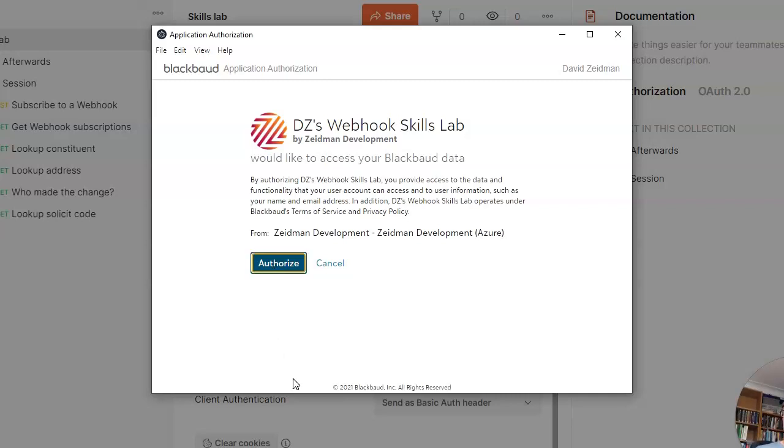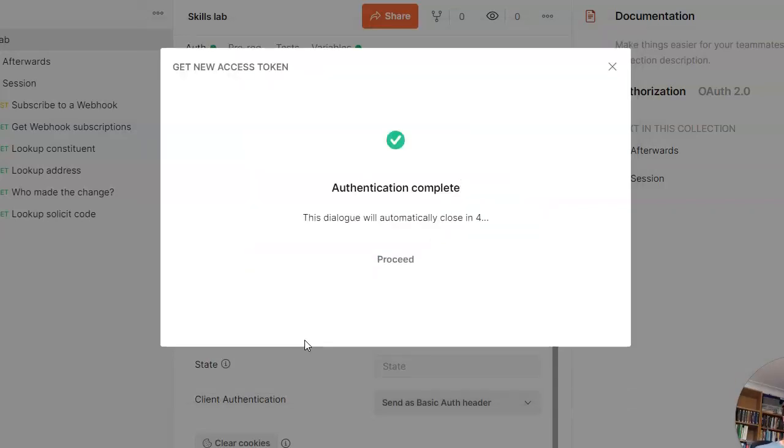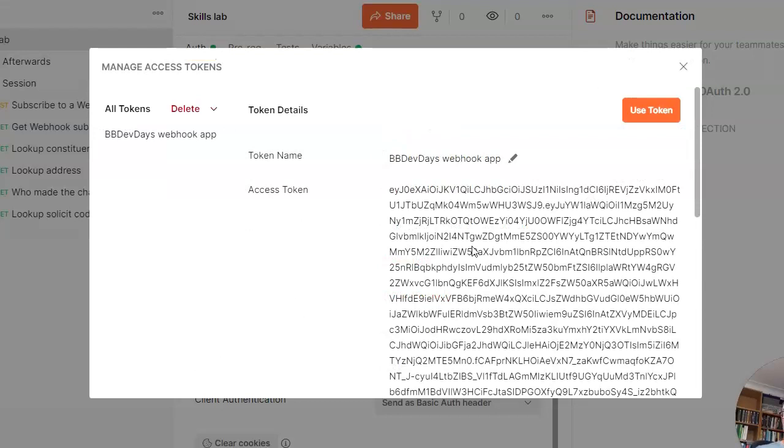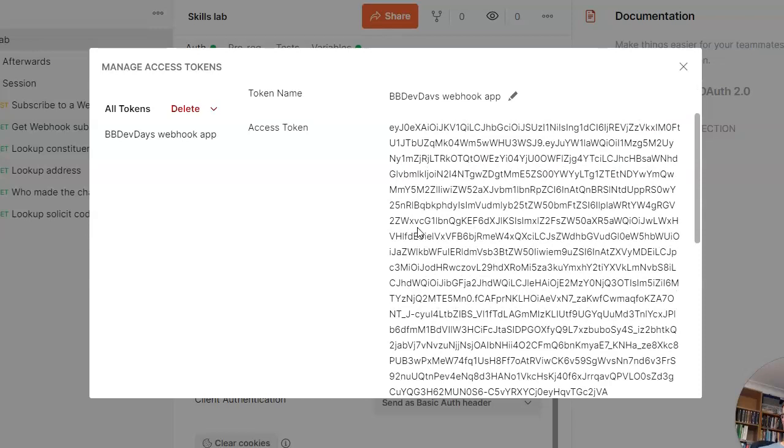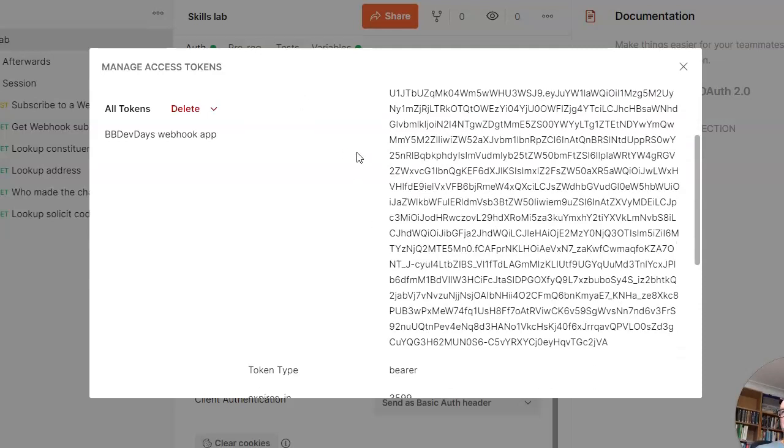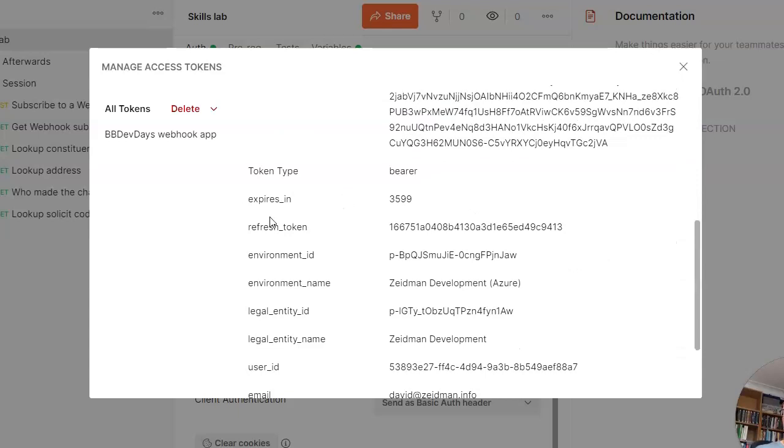So authorize, and that will authorize the flow, authorize the process, and then retrieve an access token, which we see here now. This very long string here is an access token, which is automatically attached to our header when we make calls to Sky API. Along with the access token, we also get some other items here. This tells us that it expires in this time here, and then we also get the refresh token,